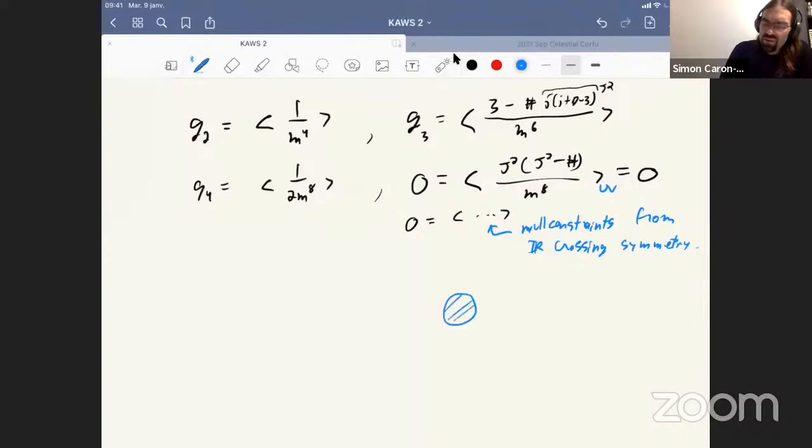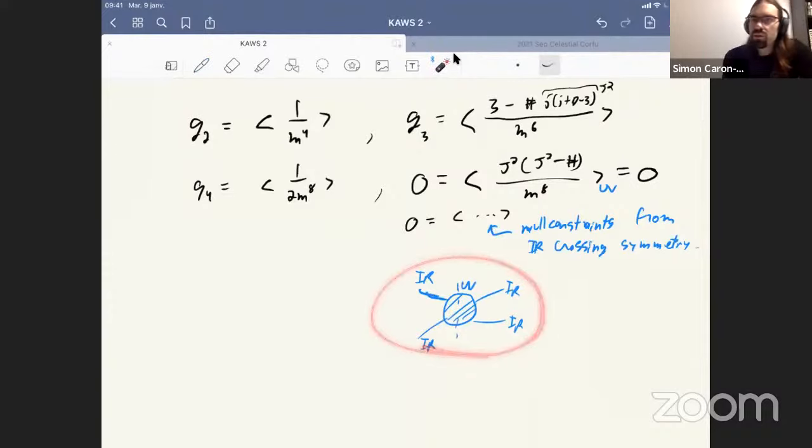It feels a bit like UV-IR mixing, but I don't like to think about it like this. It's really because we're scattering IR particles, and what we're learning from this is that the coupling between light particles and heavy particles knows about crossing symmetry in the infrared. So I don't think it's a particularly deep statement about mixing between scales, but this average is not arbitrary. This is something else we know about the UV average. It has to be consistent with crossing symmetry in the IR, not just positive, but consistent with that.